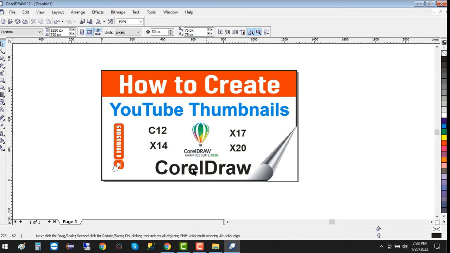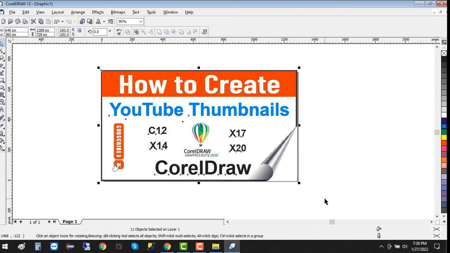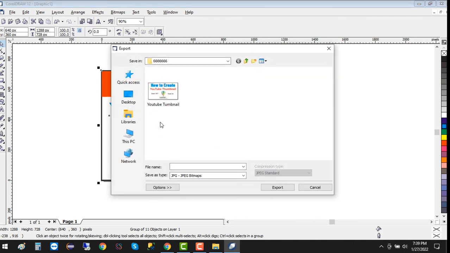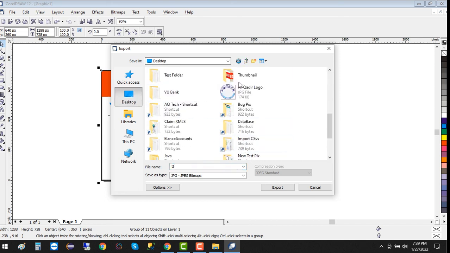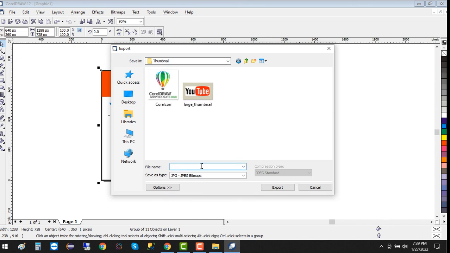So what you have to do then, the last and final stage, is select your rectangle, all objects together, and just press Control G to group, and then go to the export option. Here's a shortcut, Control E. If you want to do it manually, it's okay, click here. You can see the export option, then click here and export to any folder. Like I have a folder named thumbnail, so I go for this one